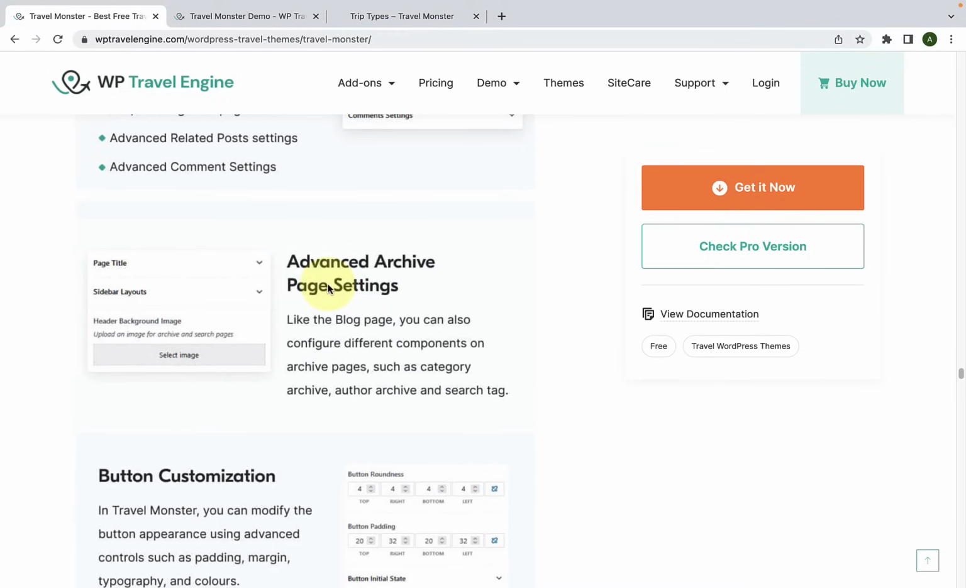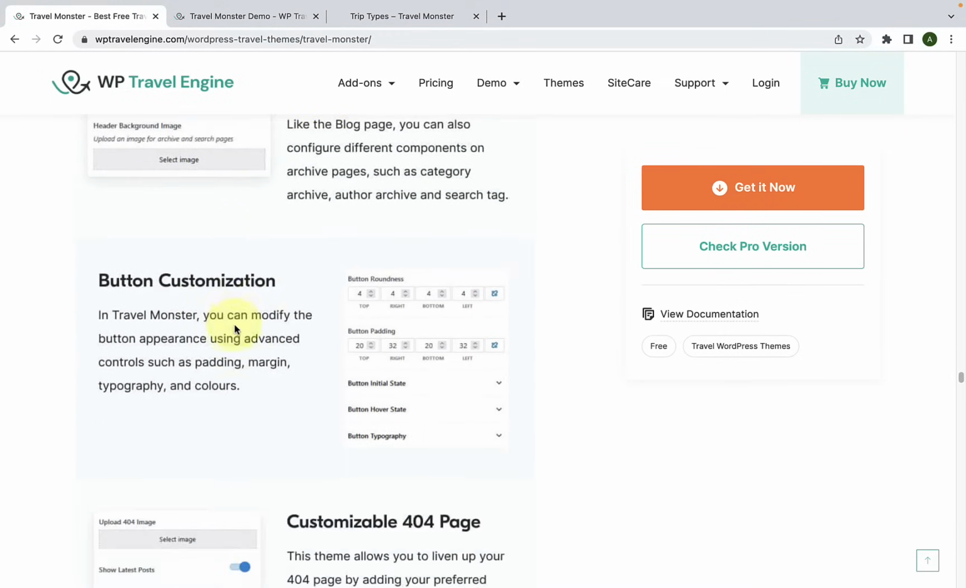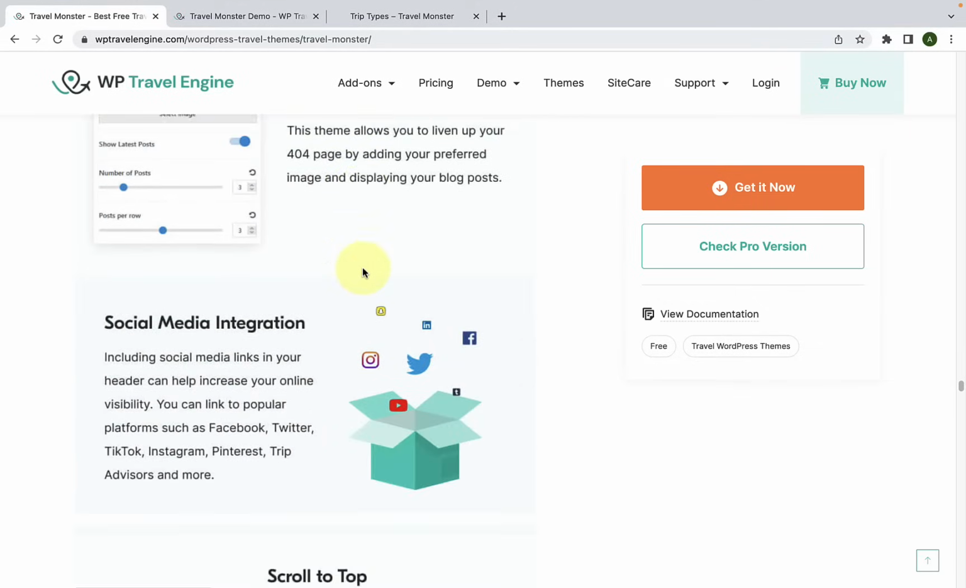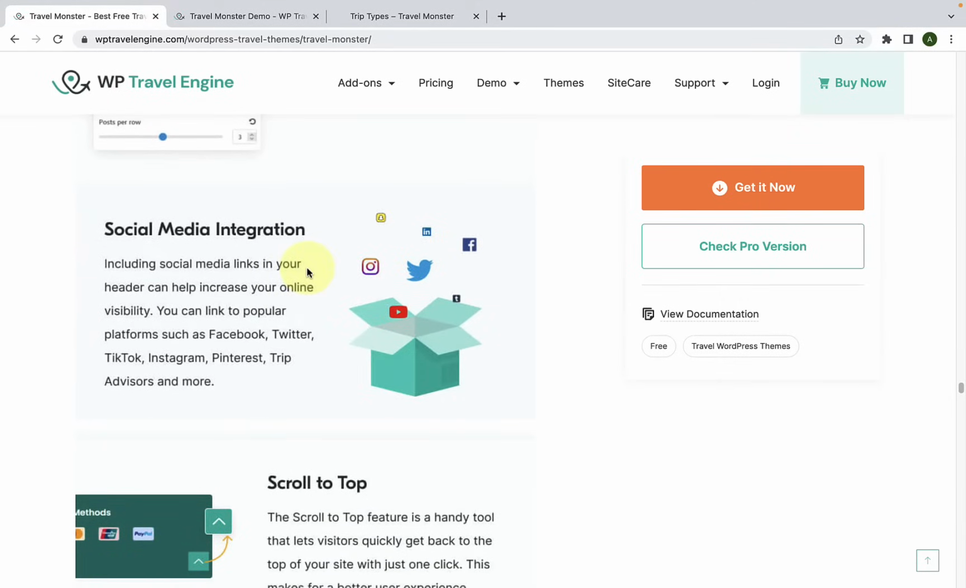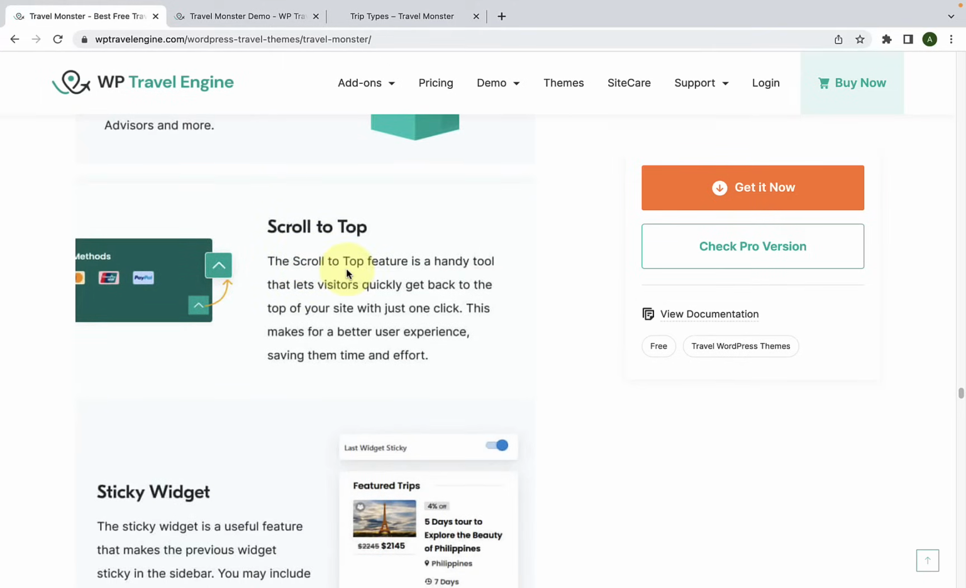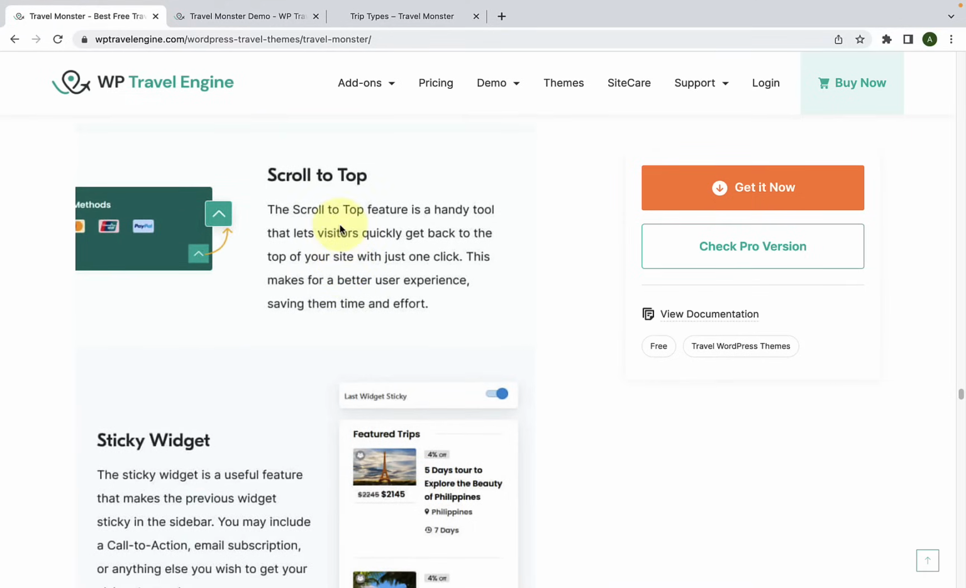You get advanced archive page settings, button customization to modify the button appearance using advanced controls such as padding, margin, typography, and colors. You can customize your own 404 page, integrate various social media links in your header. You get the scroll to top feature that lets visitors quickly get back to the top of your site with just one click. And if you are wondering what scroll to top button is, let me show that to you